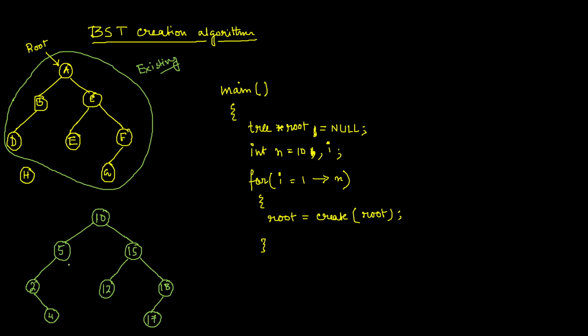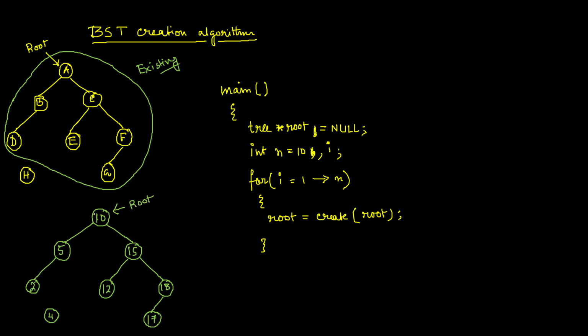So according to that, assume this is not connected. That is the existing tree we have. At some ith time I call the create function, and we have created a node having value 4. Now what is the intention? We have to put this 4 in the proper place of the tree. So what will we do? If I give you 4 and tell you to put it in the tree, you will start checking from this root.